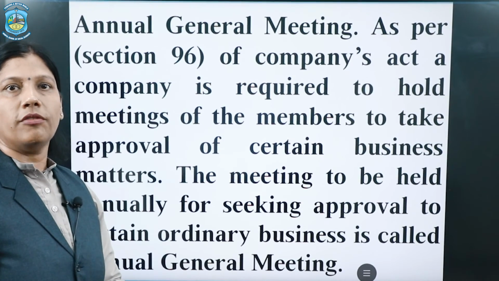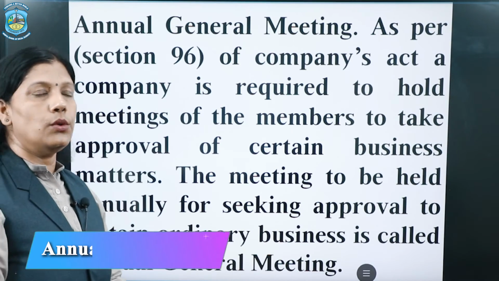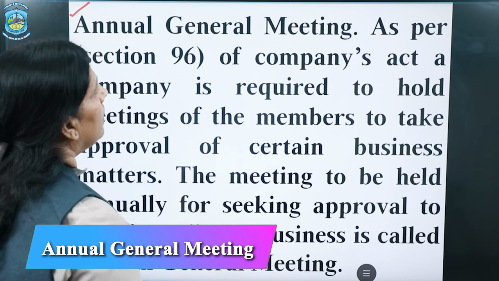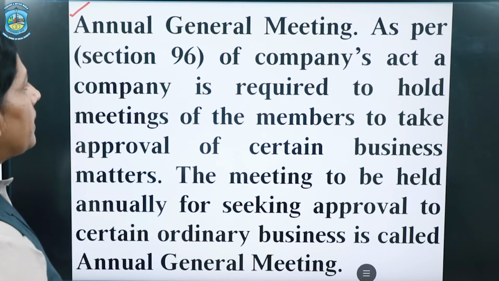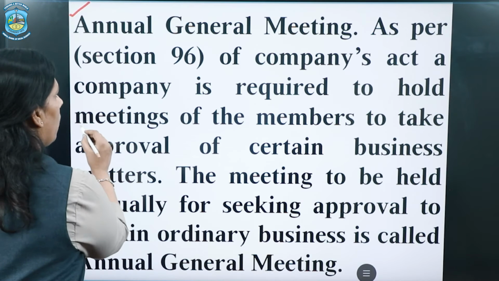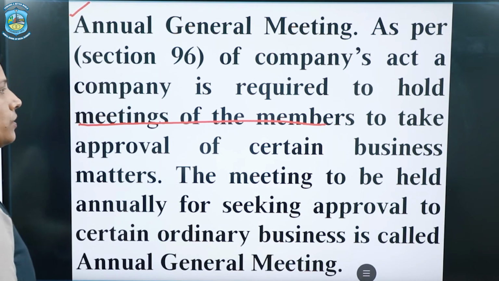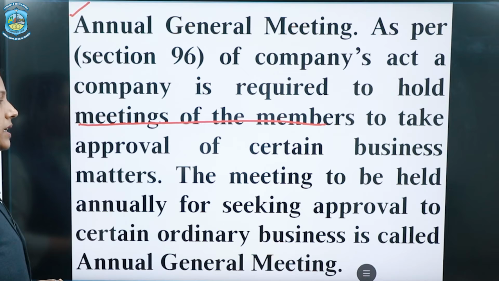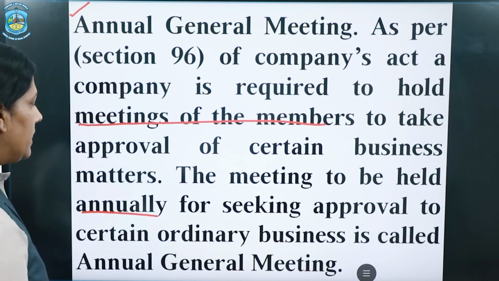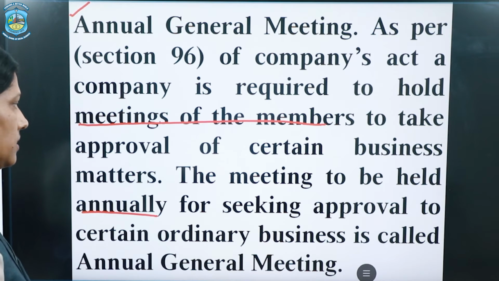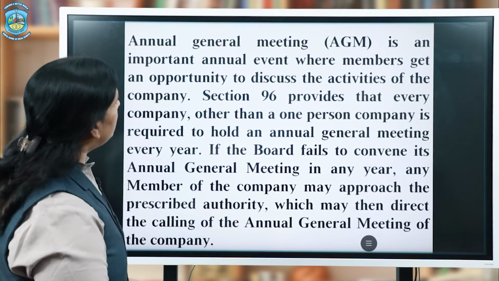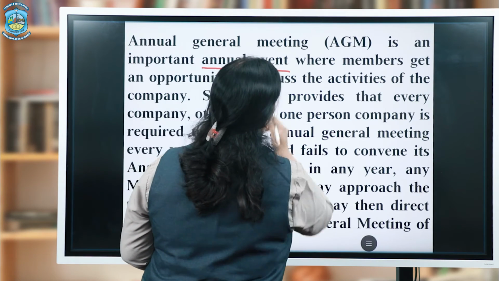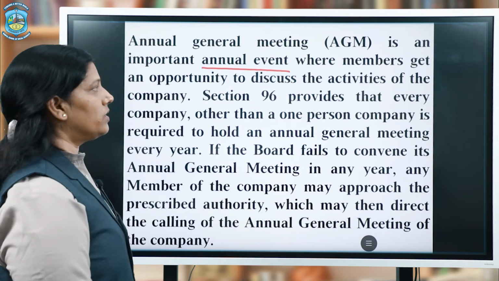The first type of members meeting is known as annual general meeting. As per Section 96 of the Companies Act, the company is required to hold a meeting of the members to take approval of certain business matters. The meeting is to be held annually for seeking approval to certain ordinary business matters, which is known as annual general meeting. Basically, the annual general meeting is an important annual event where members get an opportunity to discuss the activities